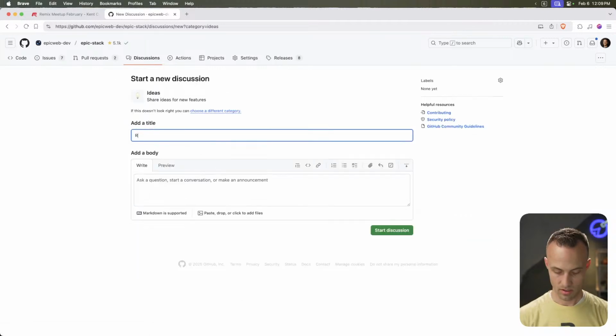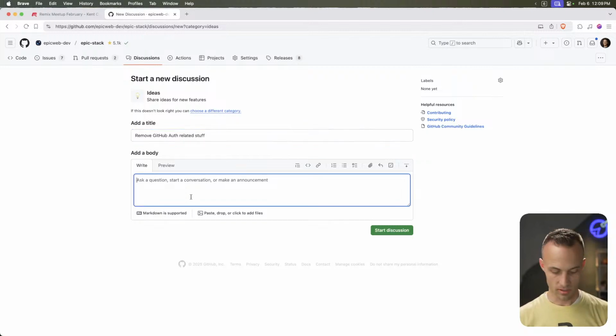Ideas. Remove GitHub auth related stuff. I'm considering removing GitHub auth related stuff. Parentheses, I actually am going to be adding passkey support soon. Close parentheses. So this would involve a